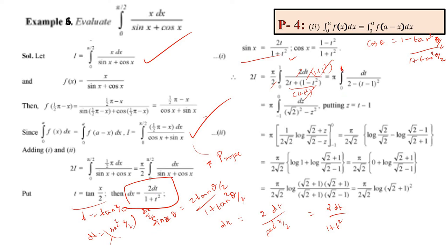See, when x takes the value 0, t is 0. When x takes the value pi by 2, t will be tan pi by 4, but we know that tan pi by 4 is 1. So that is why you're getting the lower limit as 0, upper limit as 1,